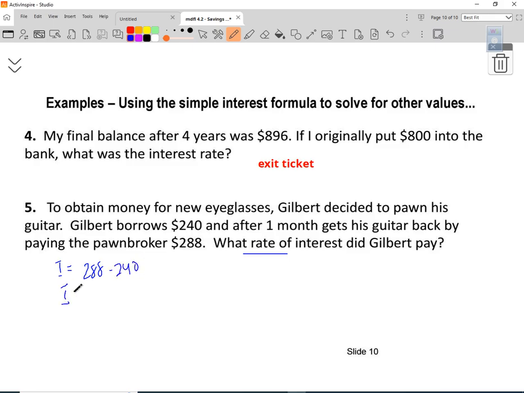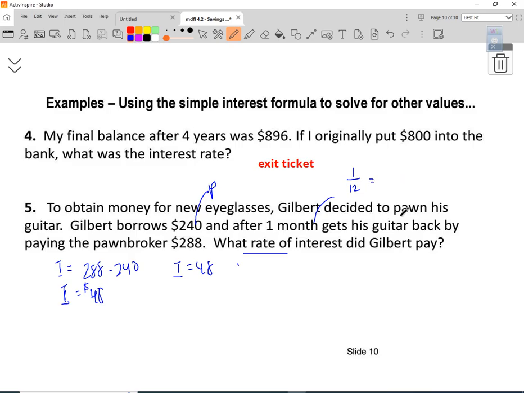Now we know that he paid $48 in interest, right? So now our I is 48, our principal is 240. 1 month, and this is a little bit tricky. 1 month is 1 out of 12 months, and we're going to convert that to decimal,